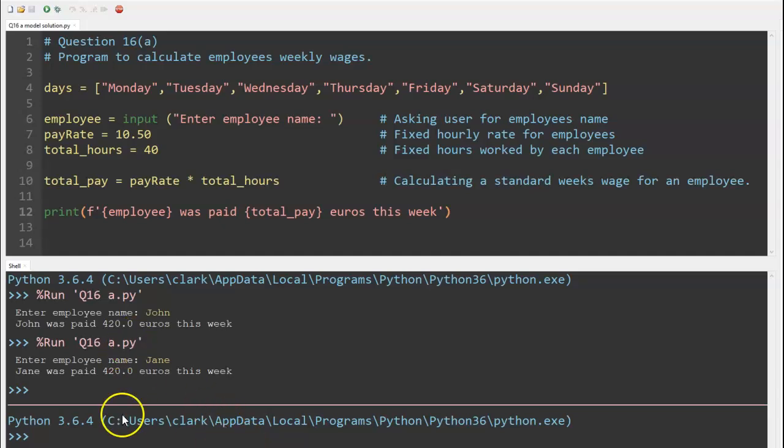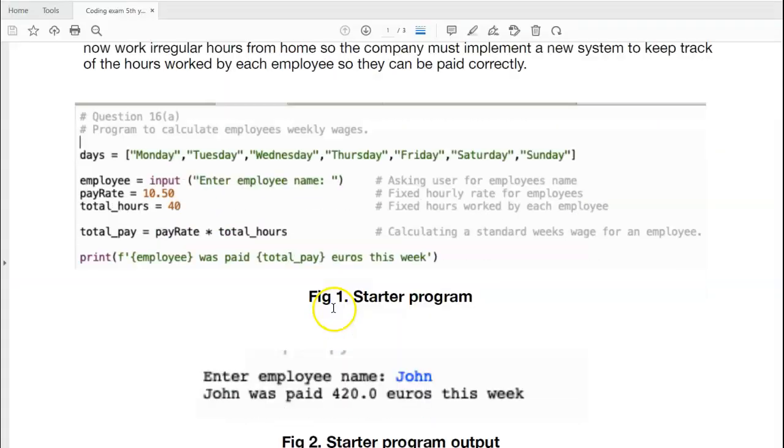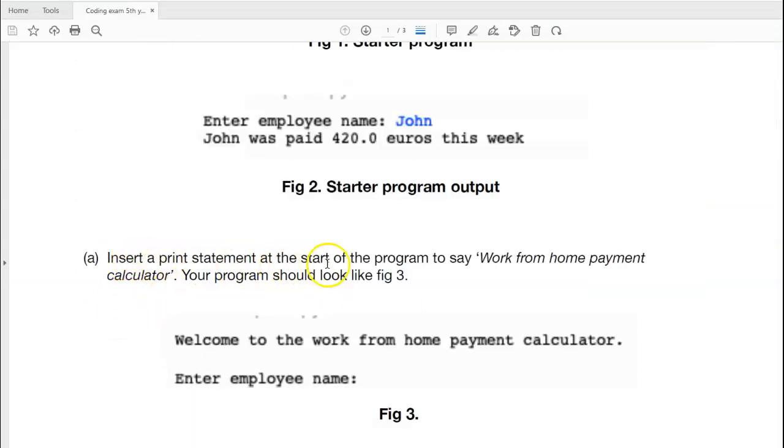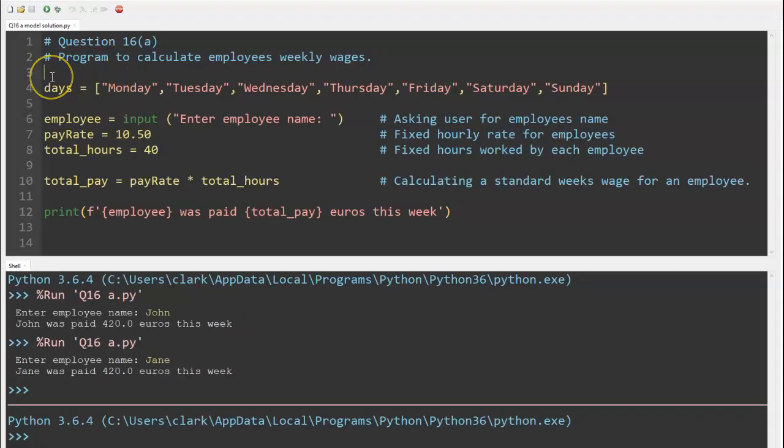Okay, so moving into part A here, what are we asked to do? So part A is very simply insert a print statement at the start of your program to say work from home payment calculator. And your program should look like figure 3. So welcome to the work from home payment calculator, and I'm just going to insert that right at the start